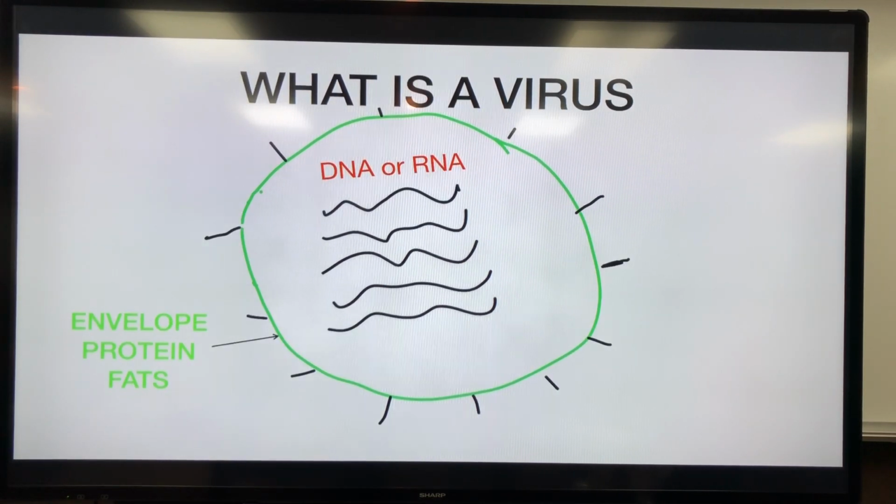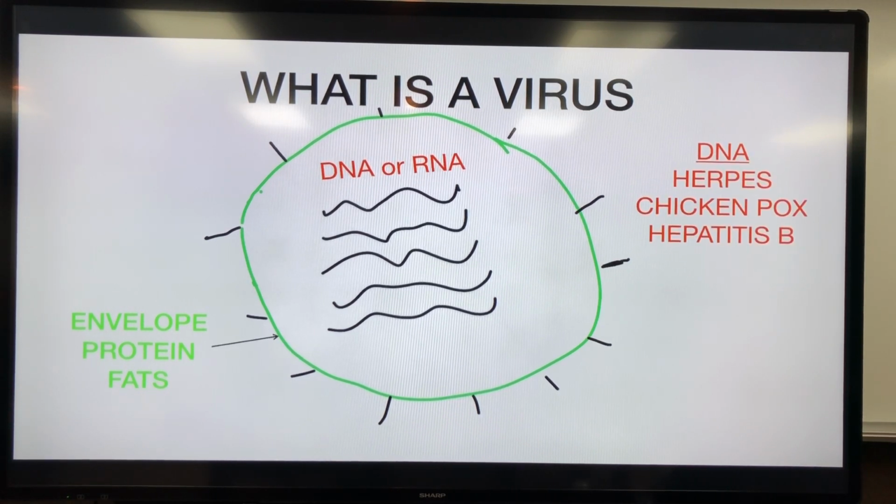Next is, what is a virus? Now, it's much smaller. I've just magnified it, so keep that in mind. A virus is really simple. It's not even living. All it is is this coating right here, that little envelope, which is made of proteins and fats. And then on the surface, you'll see these little spikes. They're often little protein spikes. And inside the virus is its genetic material. It's either DNA or RNA. And there are DNA viruses and there are RNA viruses.